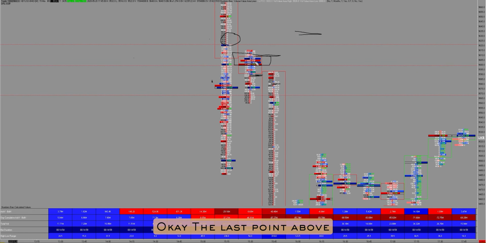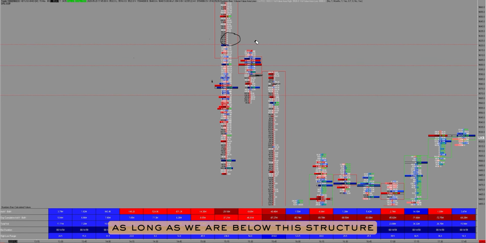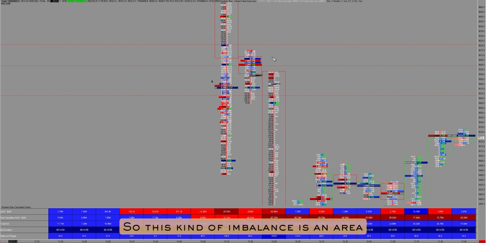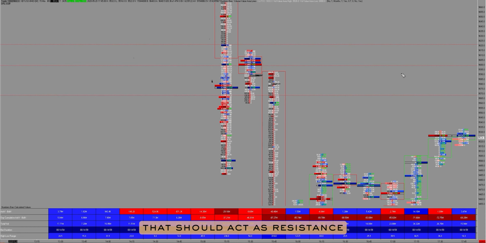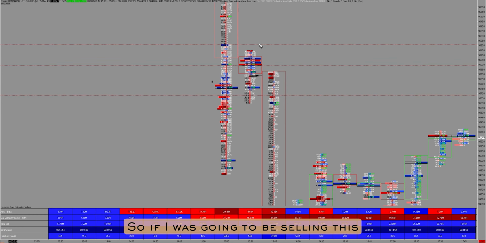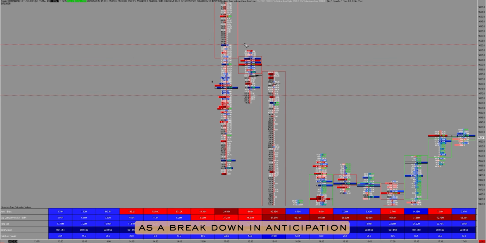Okay, the last point above this imbalance, because at any point, as long as we are below this structure, this is the last place where two-way activity really was duked out. So this kind of imbalance is an area that should act as resistance if we attempt to retest this. So if I was going to be selling this as a breakdown in anticipation, my stop would be above this level, and in this case it would ideally at least be above the imbalance that we see within the structure into the low. And what we can do is we can actually go down to the low time frame,